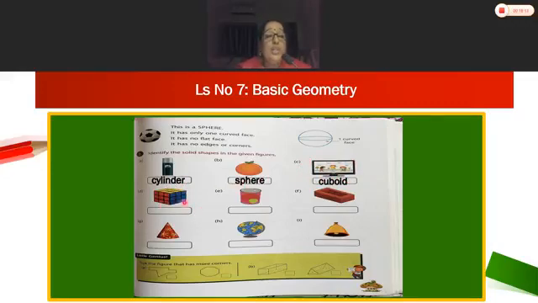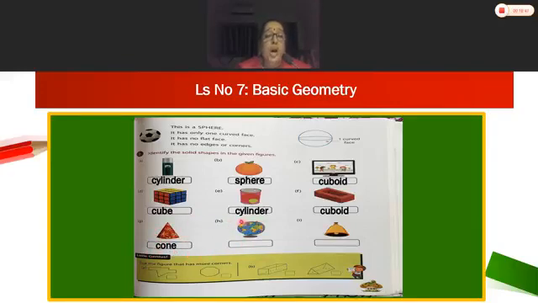Next, what is this? This is a cube. Very good. Excellent. Now E. What can you see here? It is cylindrical. So it is a cylinder. Good. Next. Here tell me children, F. Yes, cuboid. Good. Next G. It is like a cone. Yes, cone. The shape is cone.